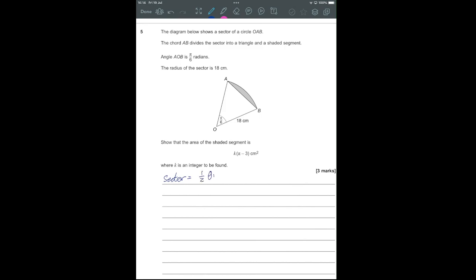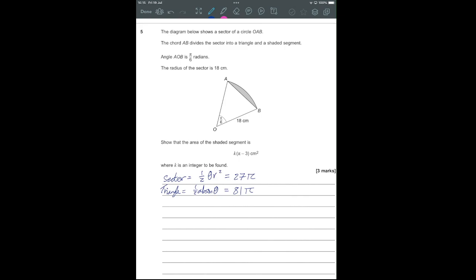The area of the sector is a half theta r squared. So that's a half of pi by 6 times 18 squared, which comes out as 27 pi. The triangle is a half ab sine c, sine theta, which is a half times 18 times 18 times sine of pi by 6. Now I need to make sure there that your calculator is in radians, is 81 pi,